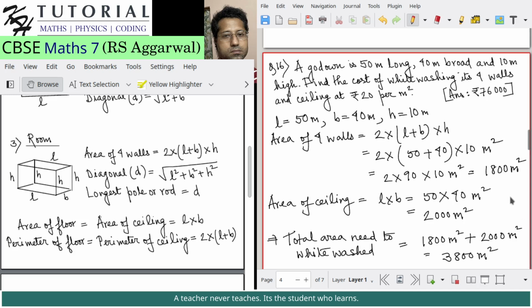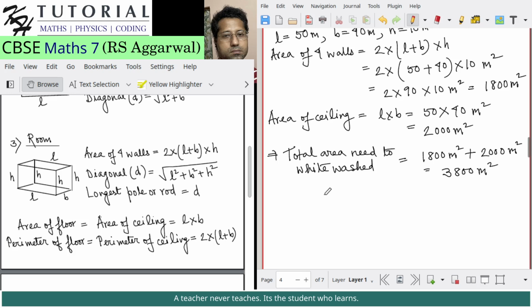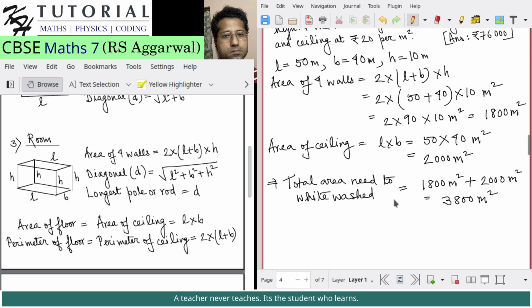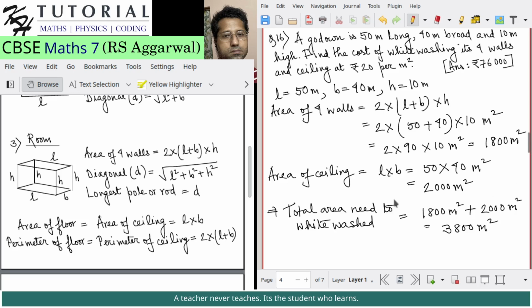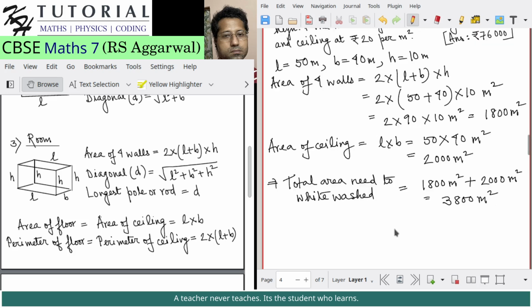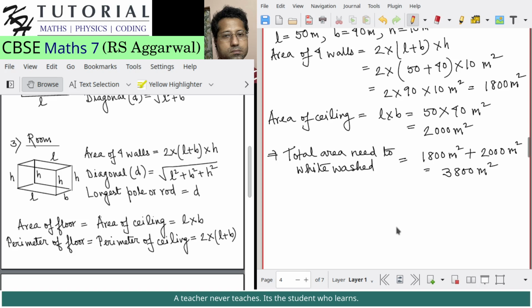The rate of whitewashing is given as rupees 20 per meter square. Since the unit of the area is the same, both for the rate, which is given as rupees 20 per meter square, and for the total area to be whitewashed, which we found in meter square, we can simply multiply the rate with the total area. So cost of whitewashing